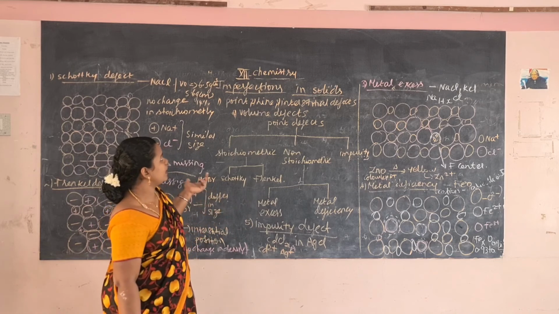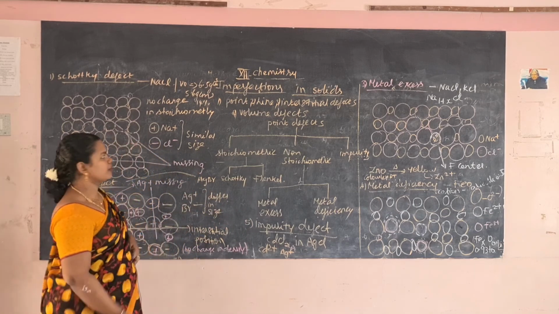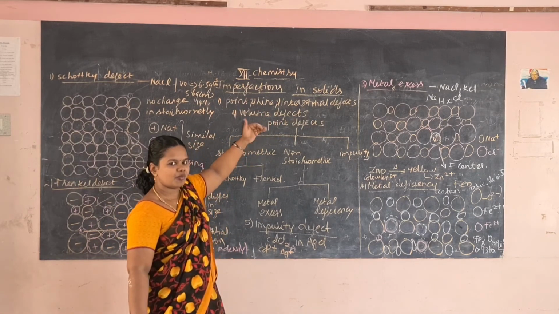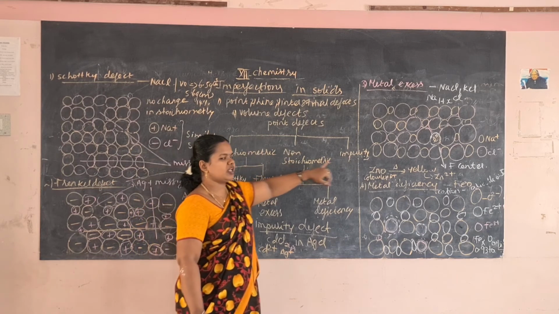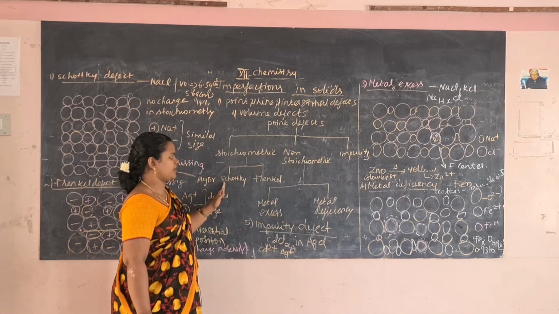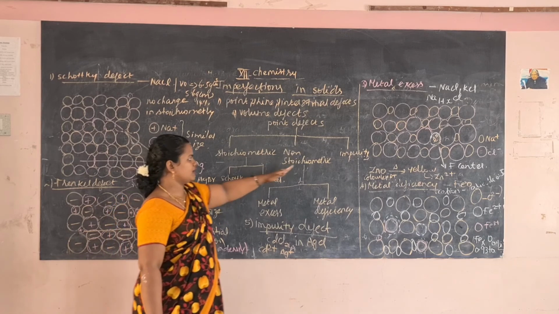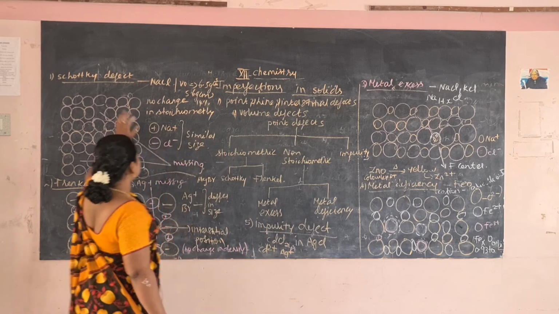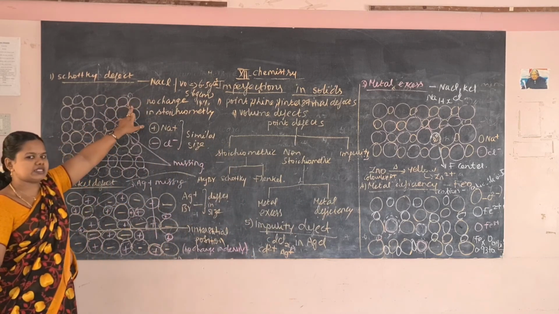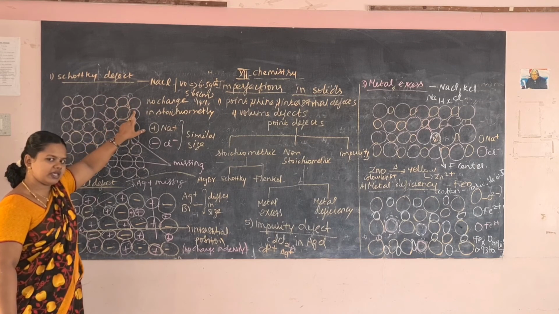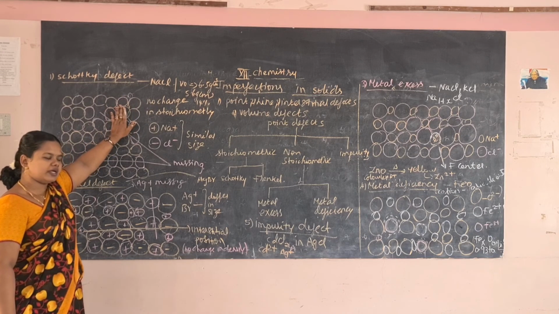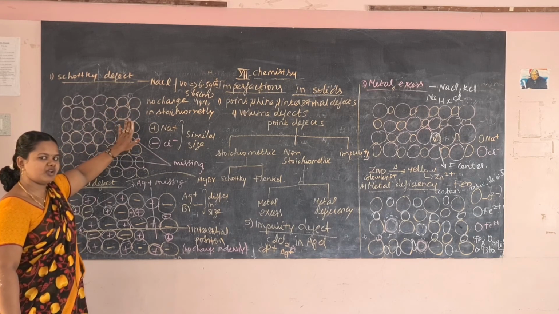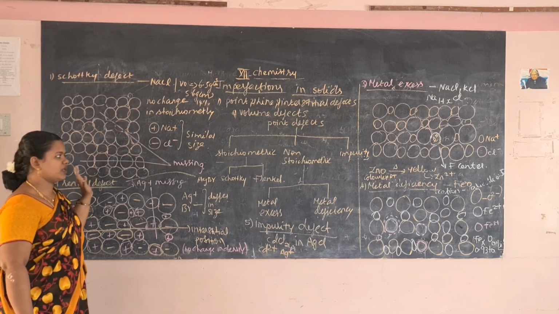So in this class we have learnt about the imperfections in solids. Some of the common defects are point defect, line defect, interstitial defect, volume defect. Point defect is stoichiometric, non-stoichiometric, impurity defect. Stoichiometric is again classified into Schottky defect, Frenkel defect. Non-stoichiometric is again classified into metal excess, metal deficiency defect. Then the first defect, stoichiometric defect, example NaCl, KCl, no change in stoichiometry, cations and anions of the same size. Equal numbers of cations and anions will be missing, so no change in the stoichiometry, example NaCl.